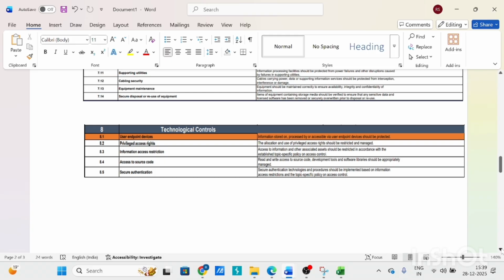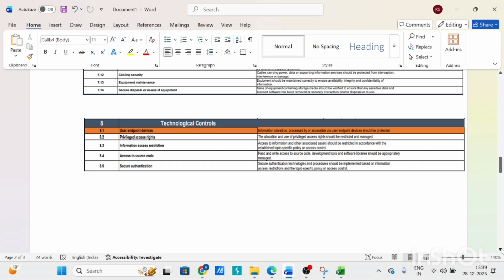or processed or accessible via user endpoint devices should be protected. 8.2 is the privileged access rights. The allocation and use of privileged access rights should be restricted and managed. 8.3 is the information access restriction. In this section, access to information and other associated assets should be restricted in accordance with the established topic-specific policies